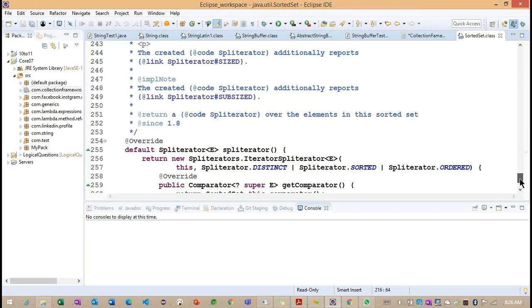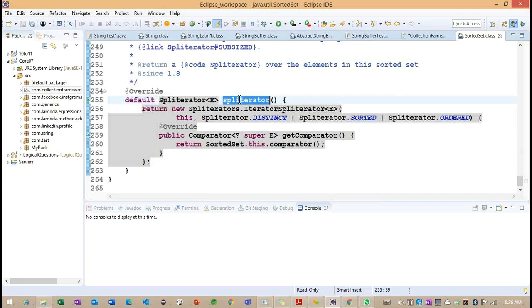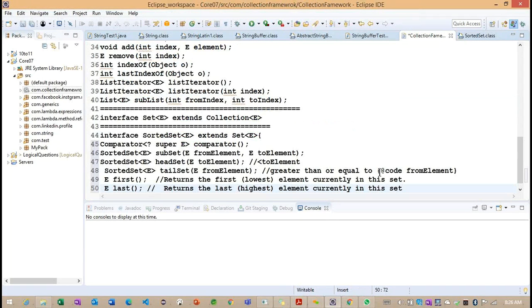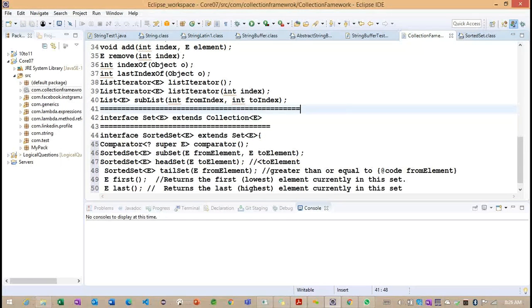So this is the split-related information, and this is the last one, right? We'll see about this particular list later. It was like a split iterator. These are the specific methods we have inside this particular interface called, which interface here? Sorted set. Getting the point? This is very important, because based on this sorted set, we are going to understand how we can sort the elements here.